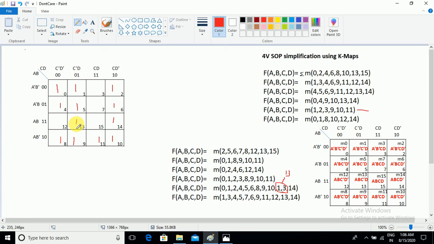Now how can we select them? Here 12 is not selected. Keenly observe here, 12 is not selected, so can you do the 8 cell grouping? In this way you cannot group the 8 cell grouping. If you fold vertically, there may be a chance to get an 8 cell group if 12 also were selected, but 12 is not selected in the question, so we cannot create the 8 cell grouping. Alternately, directly go for the easy grouping. Here I am going to the easy grouping, that is 4 cell grouping.